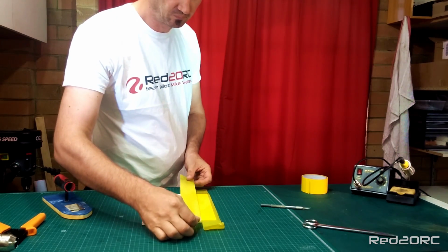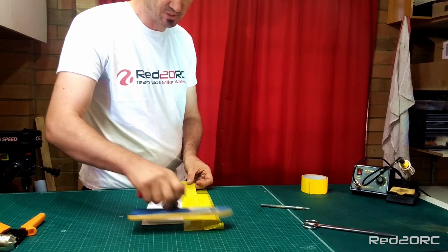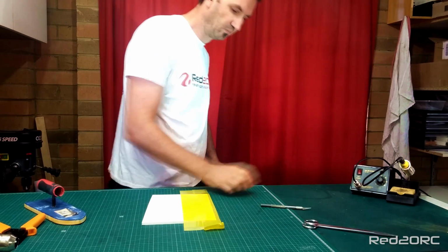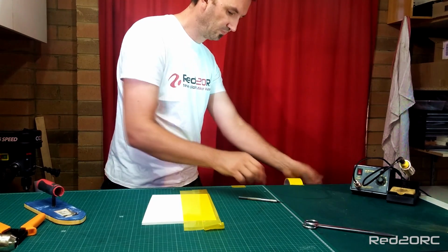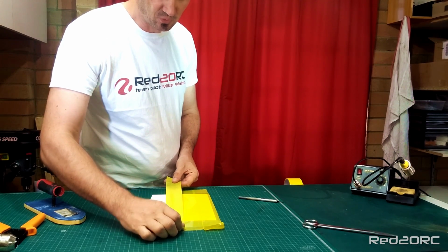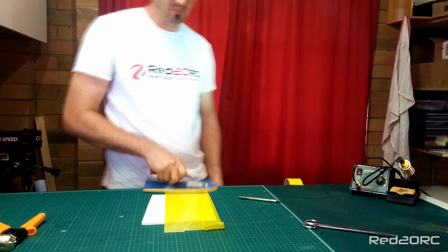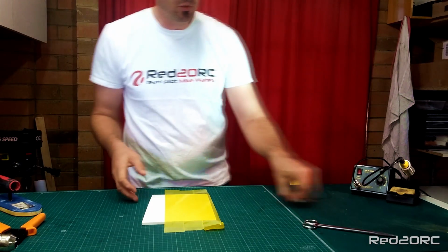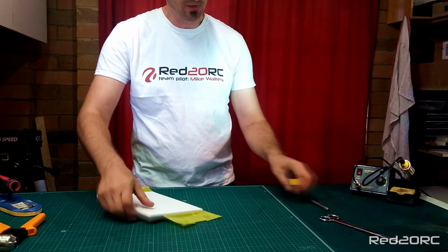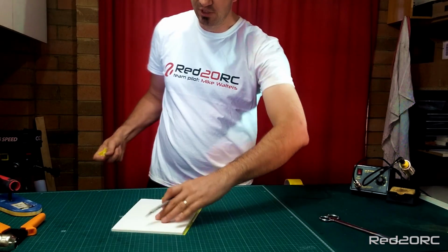Says getting stuck. So I'm doing it this way, it's all fixed down so you can get the overlaps as neat as possible. Done. And this is a really quick way of doing it, much quicker than trying to use your fingers or a credit card or something to smooth it down, because just one wipe and done. And once we're done, what we do, peel the piece up, turn it over, nice sharp scalpel blade, not sure if this one is actually, run it down the edges,